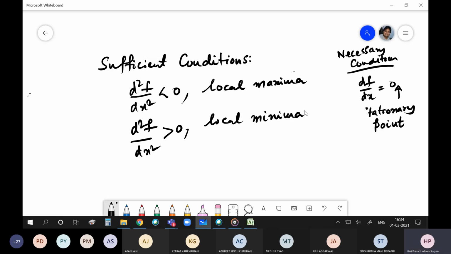Further, if the function is convex, if I can prove that my function is convex, then what can we have? Minima. What minima? Global. So local minima itself will be a global minima. So we will have global minima.